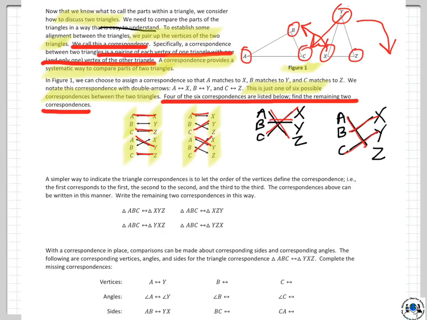So here we go. After doing that, now we have a simpler way to indicate the triangle correspondence, which is to let the order of the vertices define the correspondence. So for example, the first corresponds to the first, the second to the second, and the third to the third. The correspondences above can be written